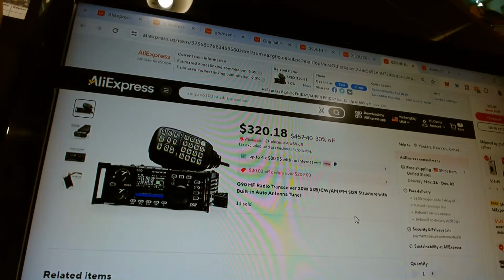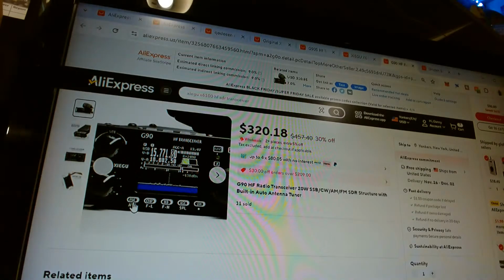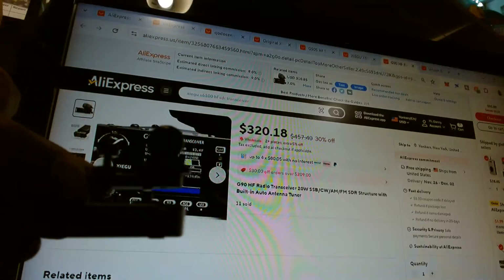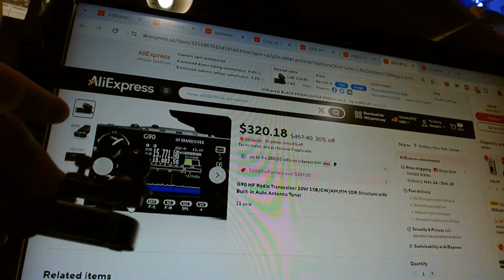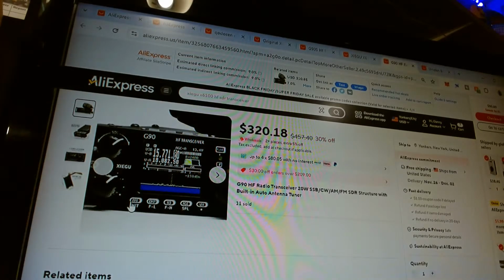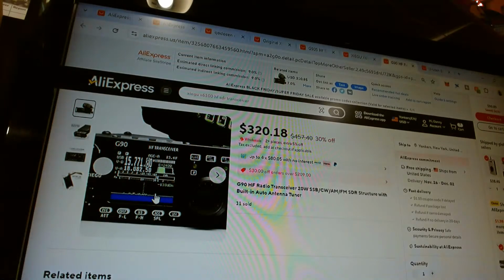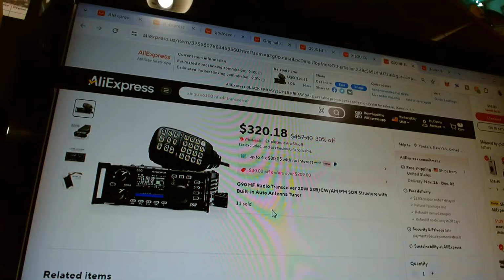I'm gonna bring it down here. I'm gonna hook it up to another antenna, and I'm gonna use this one for QRP and for when I try to learn CW. I want the CW decoder built in, and I'm gonna use my Yaesu for my single sideband, my FT8 and all that. But this one I'm gonna use for QRP and also for CW, and just learn CW on this one.